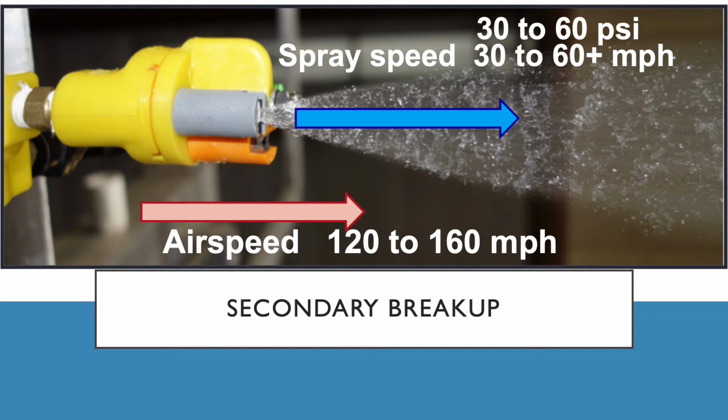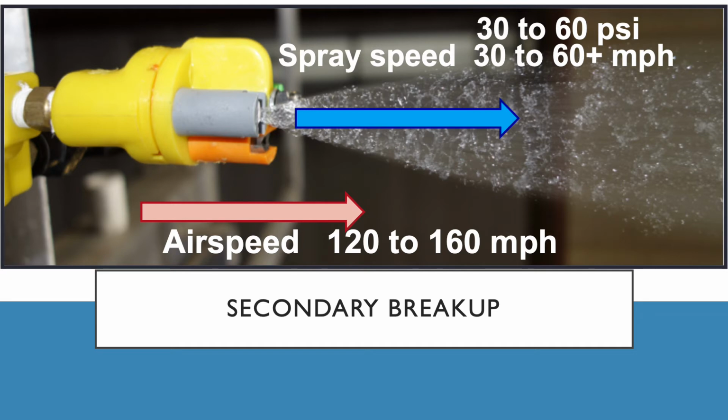So airspeed plays probably the next biggest role in the droplet size being produced. As the liquid exits the nozzle, it has some velocity that's tied to the spray pressure that's being used. That liquid then is entering into an airstream that has a velocity that's equal to your flight speed. The difference in the velocity between the liquid and the surrounding airstream is what drives the amount of secondary breakup